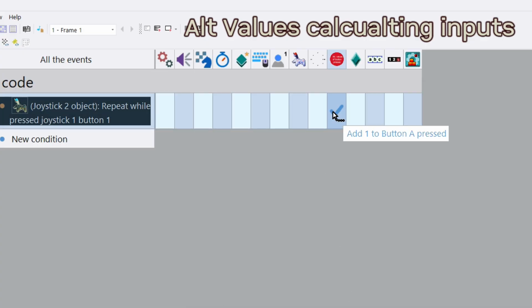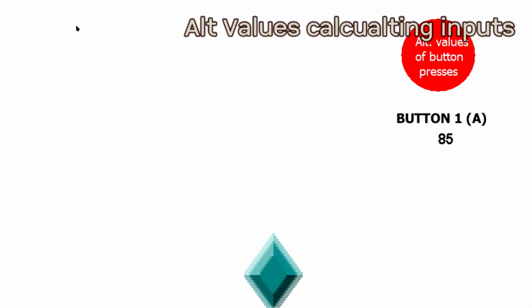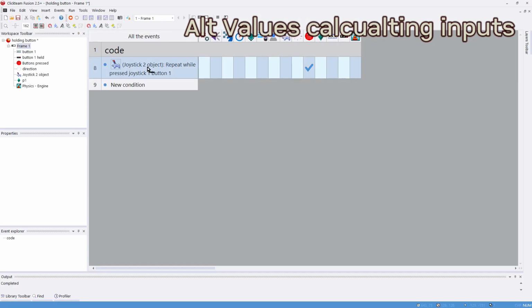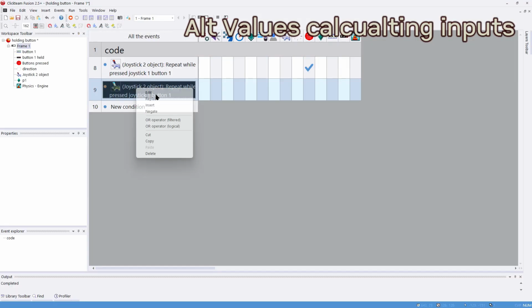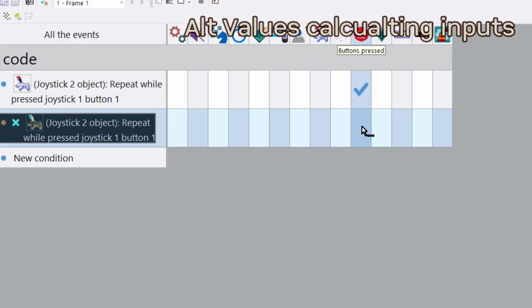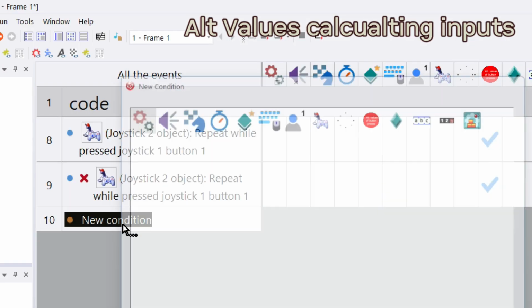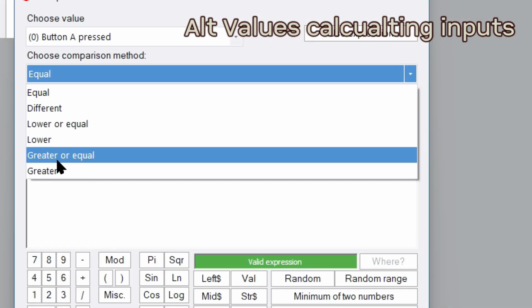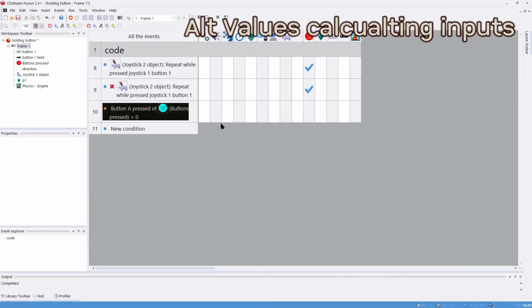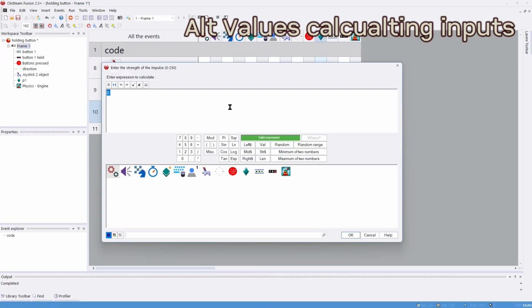So as the button is held down, that number increases. Then when we're not pressing the button, so we'll do the same condition but negate it. So when we're not pressing that button, on the active object, under the alterable value of button A, we'll set it to 0. This allows us to have a condition that if the alterable value for button A is greater than 0, we can create an action, so maybe an event where our player jumps or fires, and then we